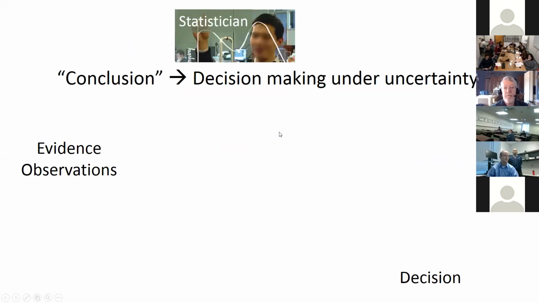So the statistician, when he hears the word conclusion, is mapping that to the Bayesian framework for decision-making under uncertainty. And the Bayesian framework says that making a reasonable decision requires considering how confident one is in each of the possible narratives after processing whatever information is available to them.